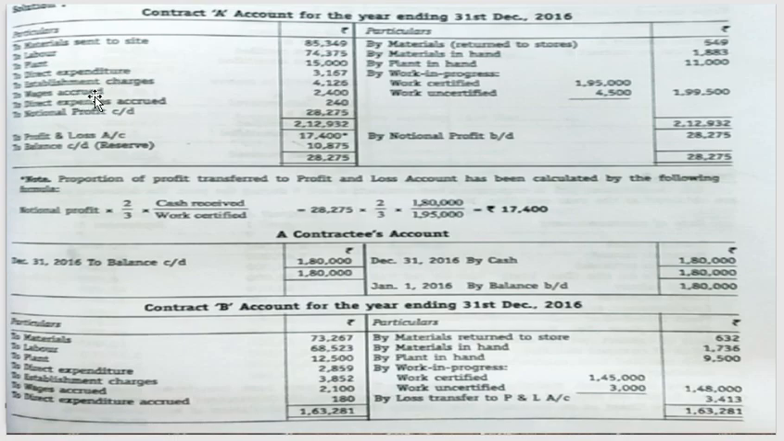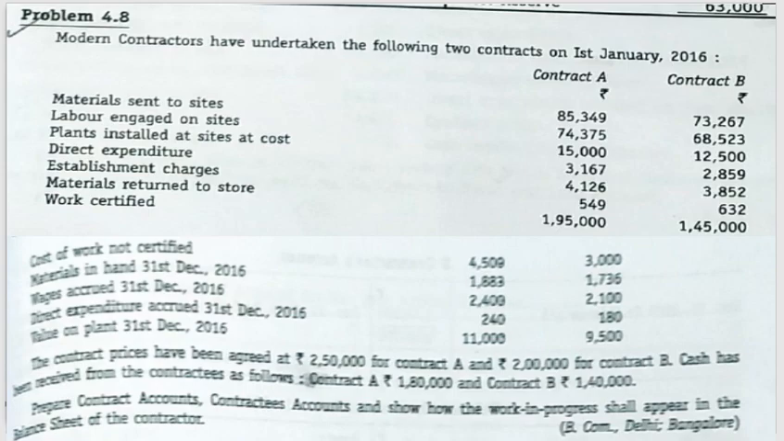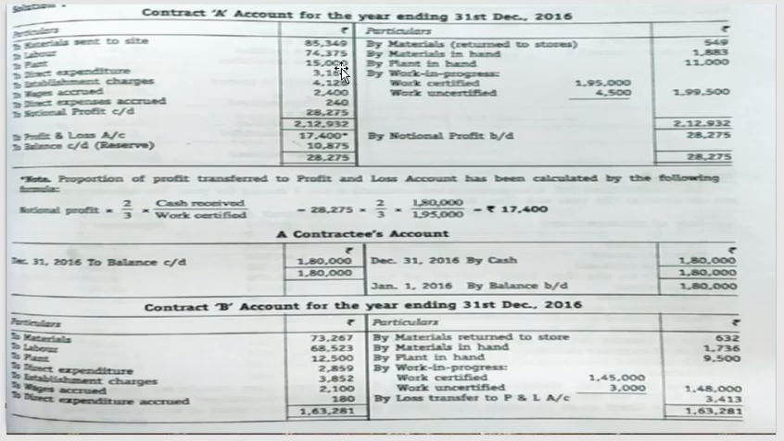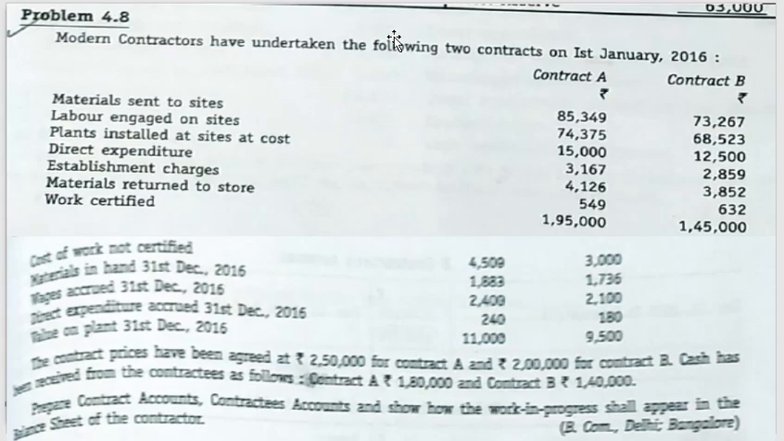Direct expenditure, establishment charges, wages accrued and direct expenditure will also be recorded in your debit column. So all the expenses which have accrued, as well as the opening value of the asset, are recorded on the debit side. Then we have your credit items. In your credit items we will have materials returned to stores, which is